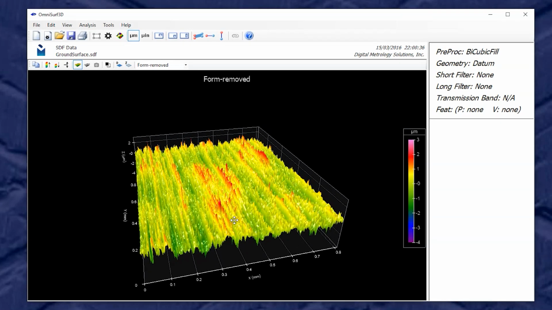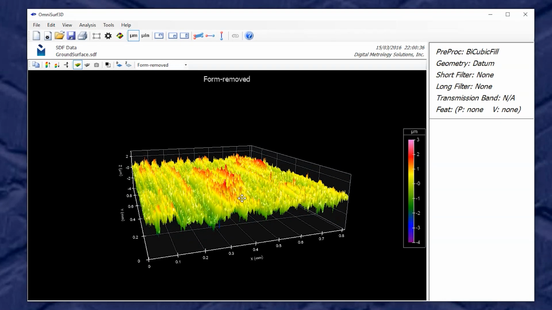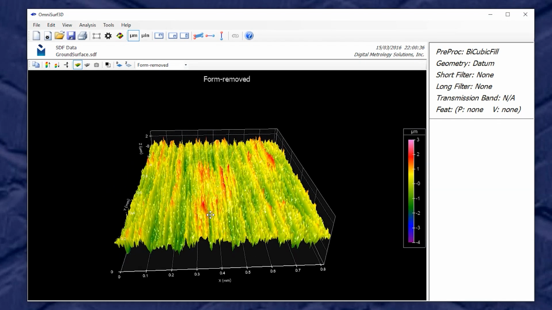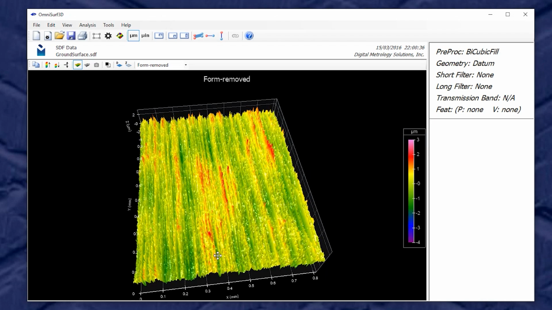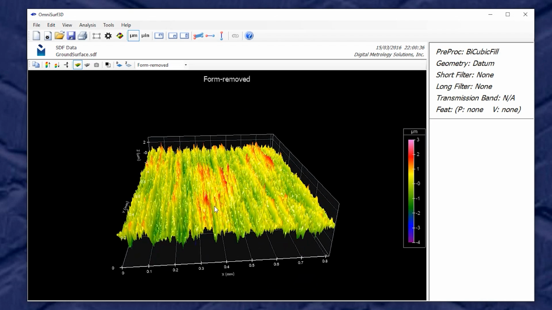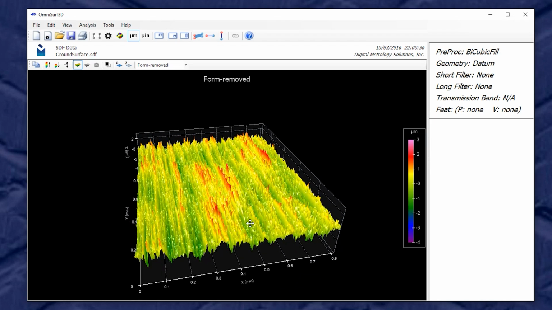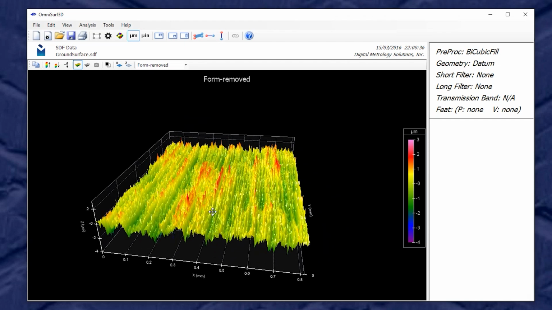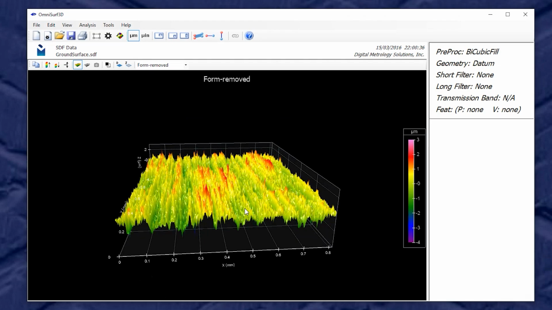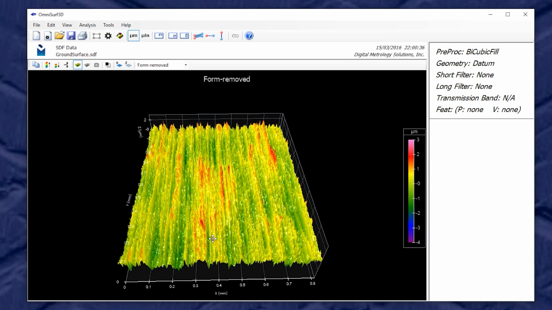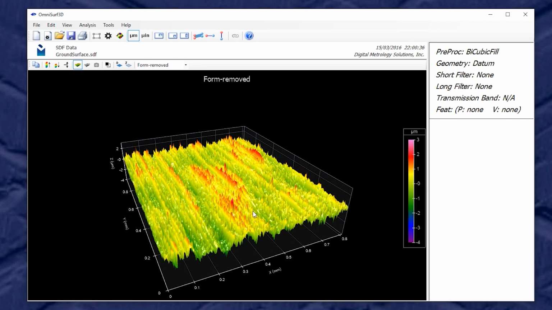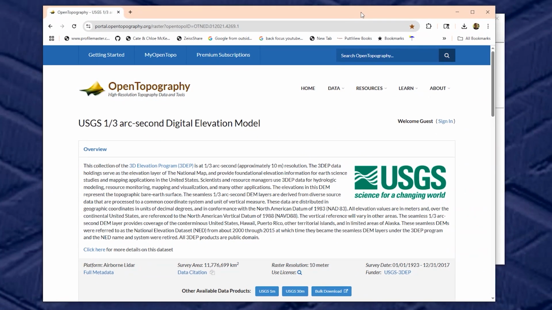OmniSurf 3D was designed to make your surface analysis easy, affordable, fast, all of those things that people need who use metrology data much more than measure metrology data. For example, the engineers in the office need to be able to explore the data that was produced by the laboratory. Now, exploring surfaces can actually be kind of fun. We get to see new things, and OmniSurf 3D also has a bit more fun buried inside that you may not be aware of. In our latest version, we've really improved on this,